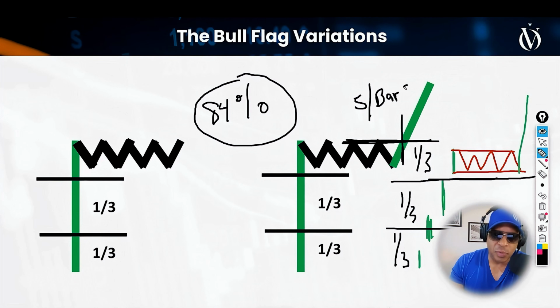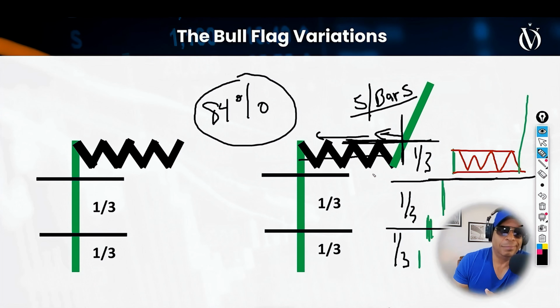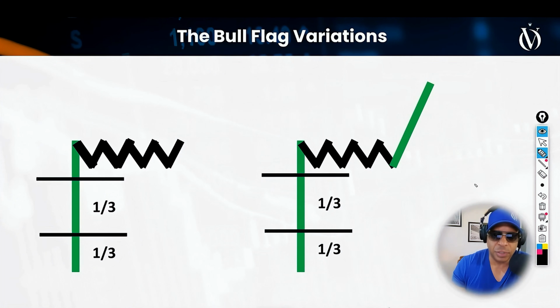So any move that takes out the last 5 bars this way, you don't have to go all the way here. So let's say this sideways pattern could be made out of 11 bars, but it's the last 5 bars that matter the most. So it's not the whole thing, it's the last 5 bars. If you clear the last 5 bars,